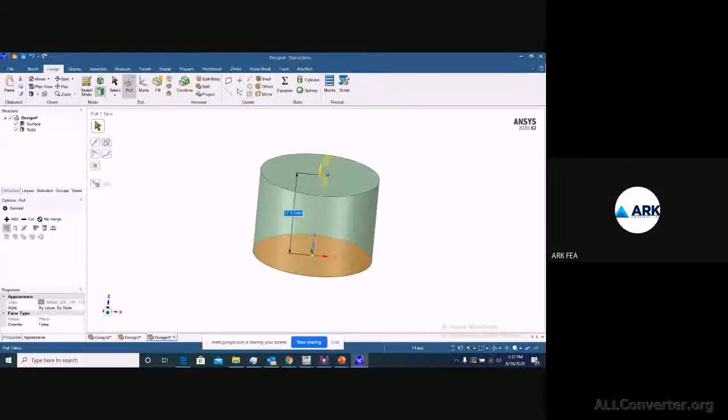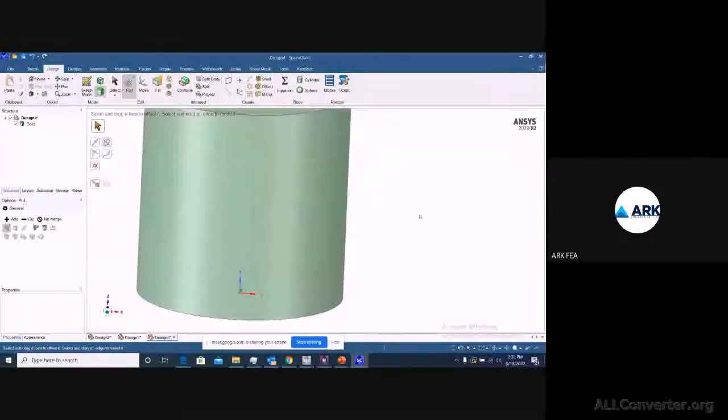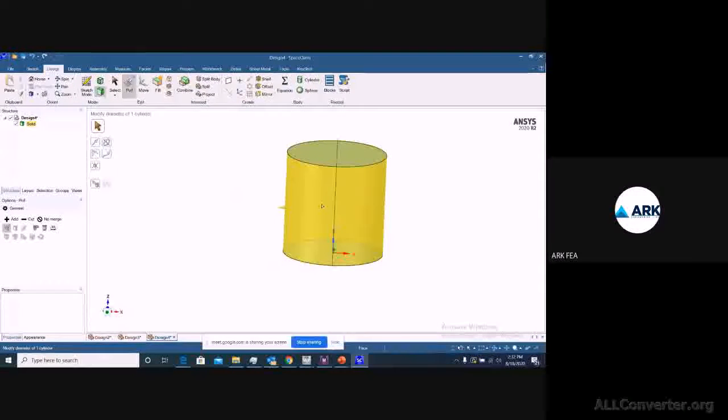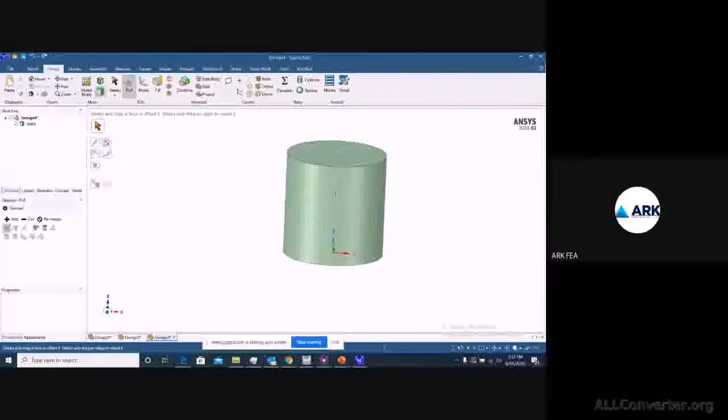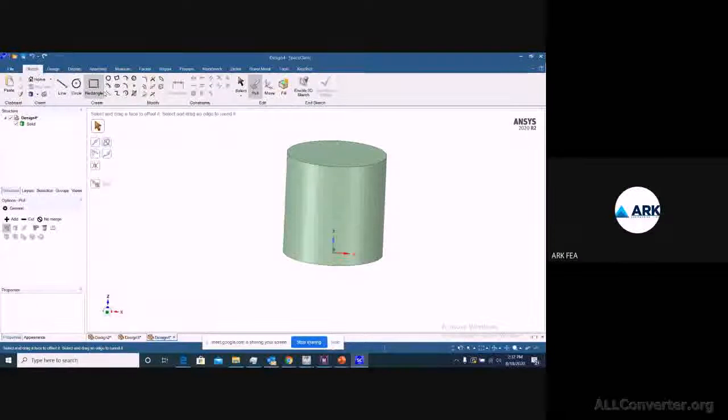Under design you have edit, from there you can pick your pull command. So at this point I have a cylindrical surface, and I want to have a certain projection. If I want to sketch something on this surface, it is not possible to do, right?